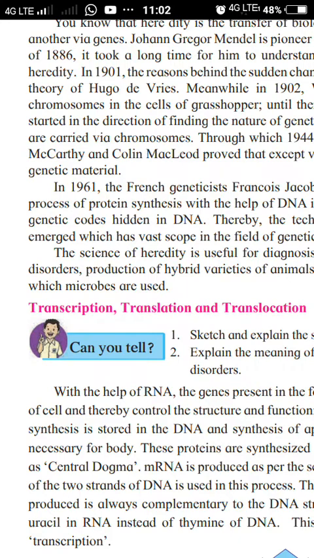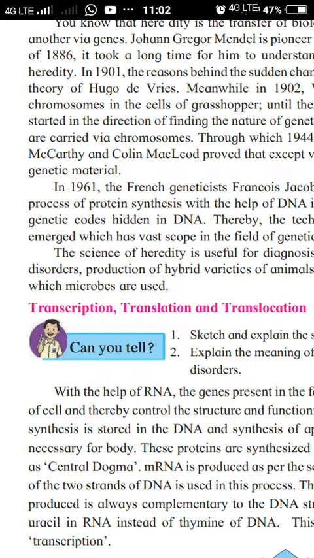So the DNA molecule consists of deoxyribose sugar, phosphoric acid and nitrogenous bases. The strands are made up of deoxyribose sugar, and on that strand nitrogenous bases are present. There are 4 types of nitrogenous bases present in DNA, that is adenine,